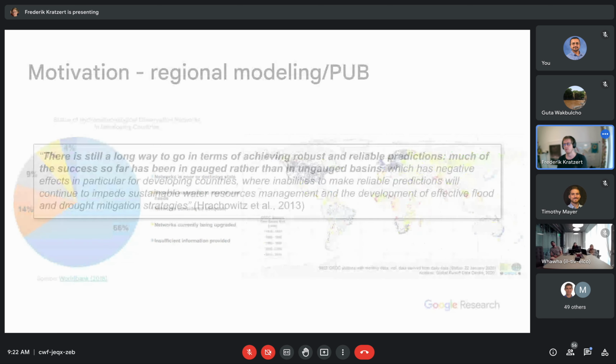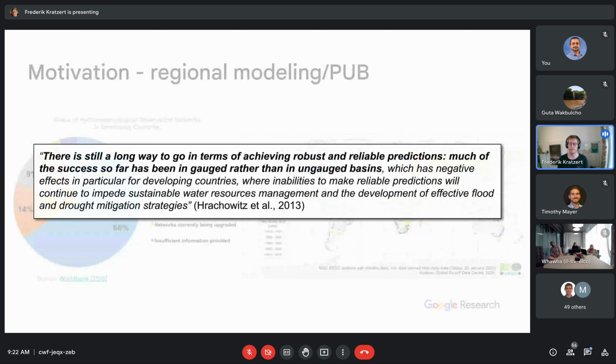But to quote from a summary paper that was released at the end of this decade, there's still a long way to go in terms of achieving robust and reliable predictions, and most progress during this decade was actually made in gauged rather than ungauged basins. So to conclude, an entire decade has actually yielded very little gains in terms of getting better at predicting in ungauged basins.